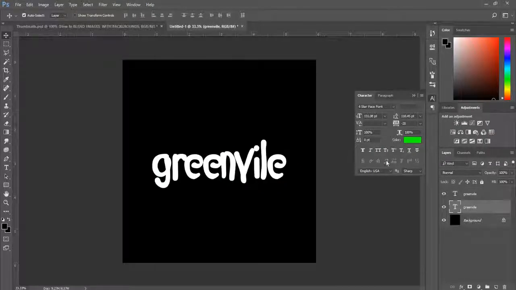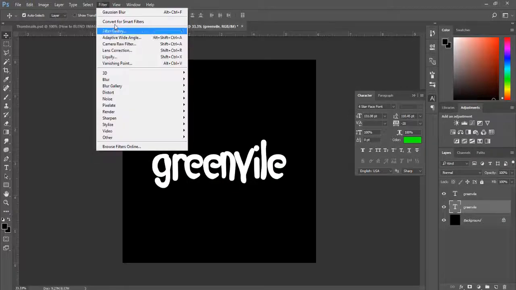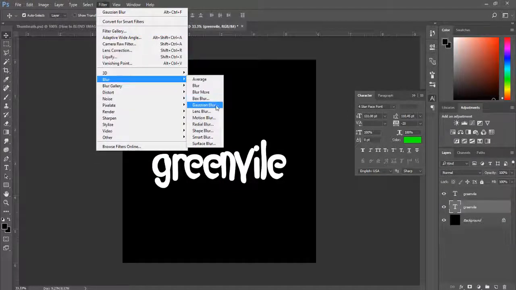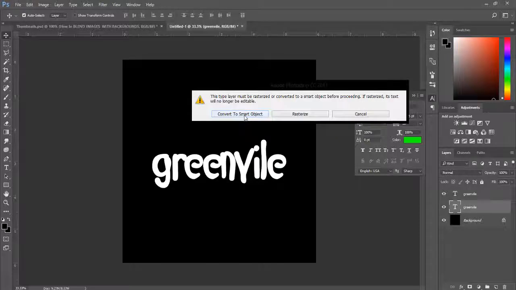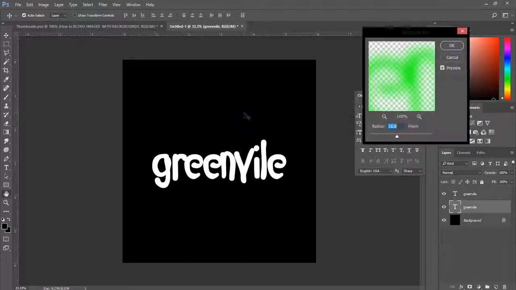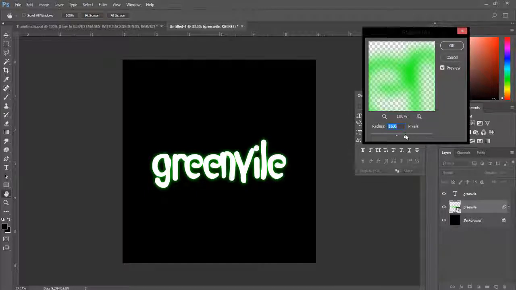Then the one under, I'm going to be making it blur. Convert to smart object, then you have to make blur. You can increase your blur. So this is how you create those blur effects you see on some of those texts